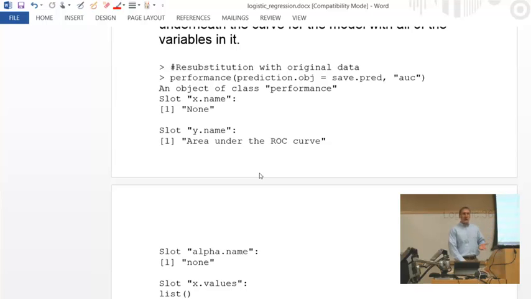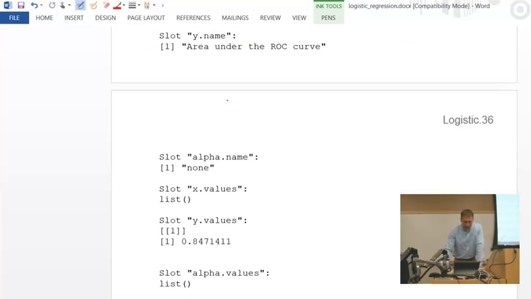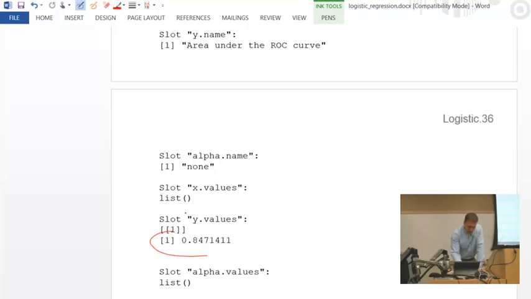First of all, to calculate the area underneath the curve. If you remember when we looked at the performance function a few minutes ago, what we had previously put in there was two options, sens for sensitivity and also FPR for false positive rate, or 1 minus specificity. Instead, what you can do is put in there AUC for area underneath the curve. So with the model that we've been talking about before, the area underneath that curve is shown down here